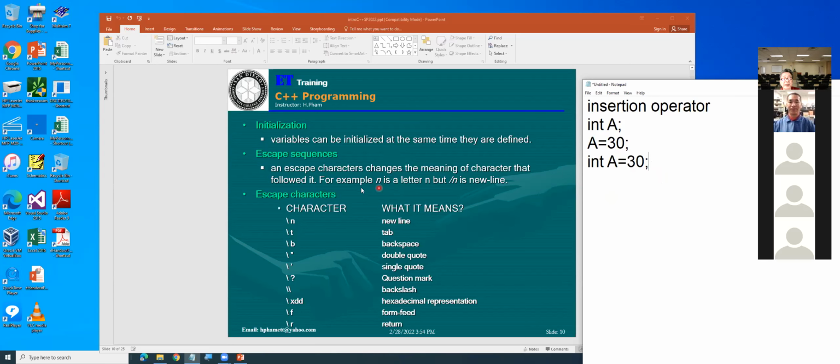Okay. A backslash sequence, a backslash character, changes the meaning of the character that follows it. For example, n is a letter, but \n is new line. So you understand what they mean by new line.